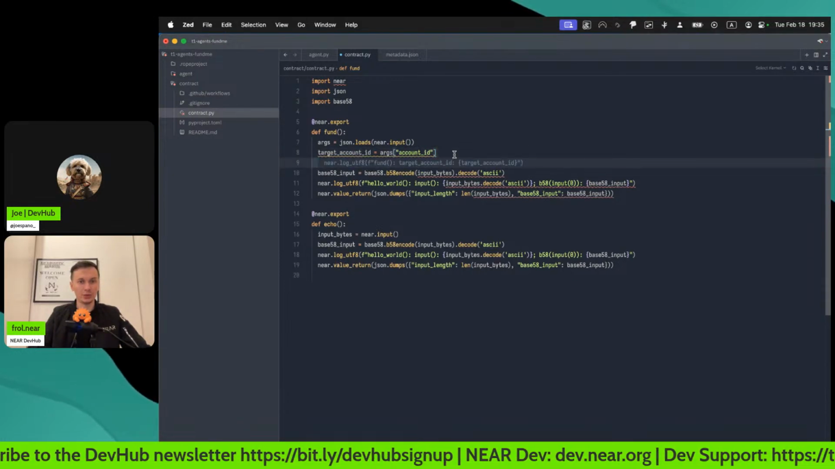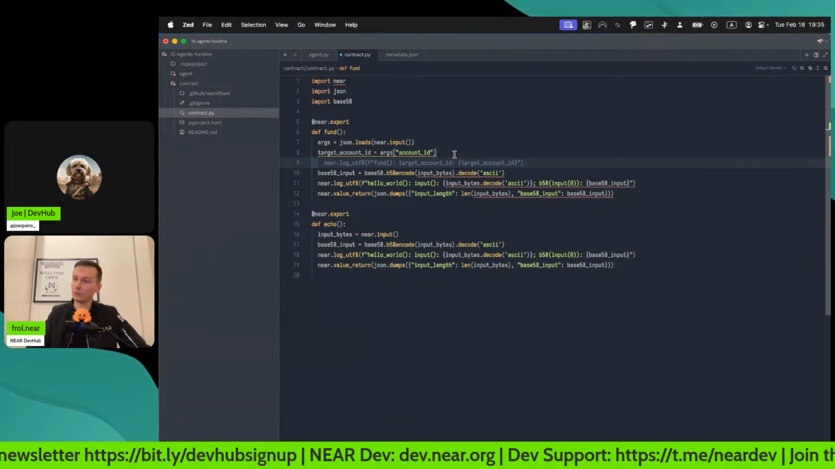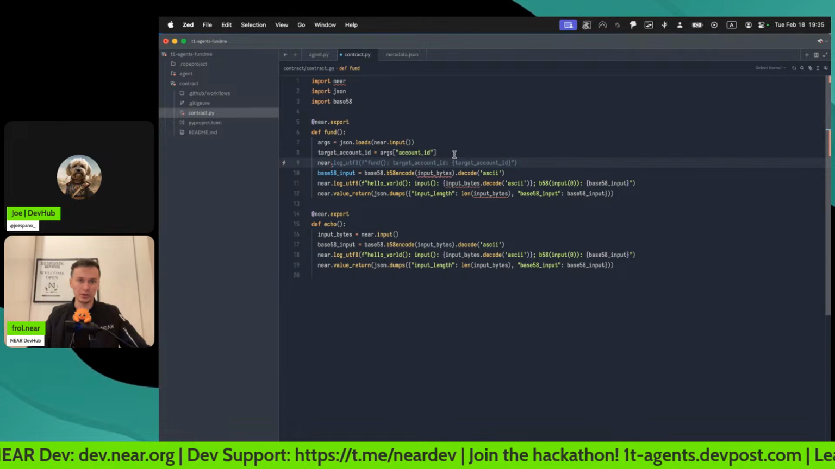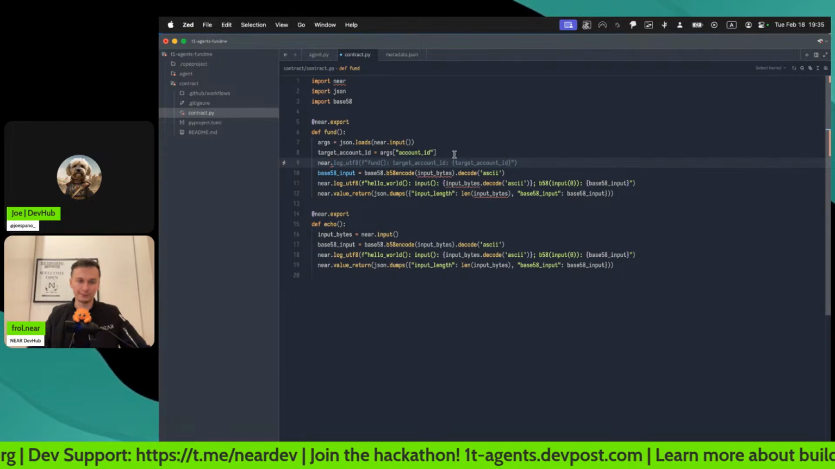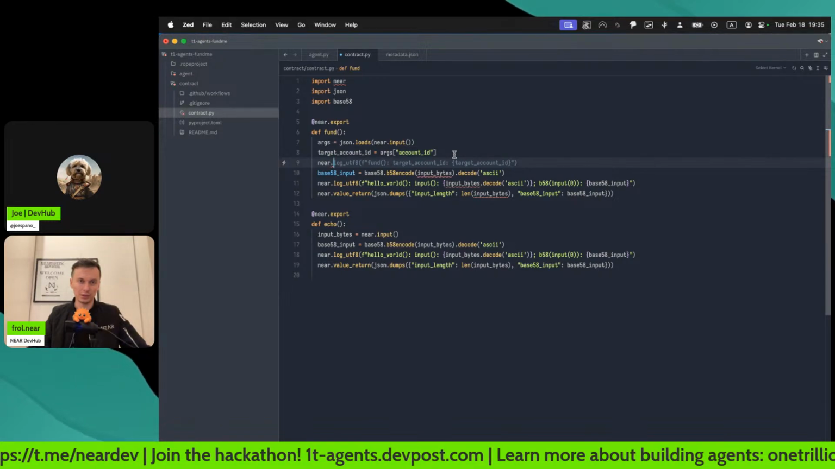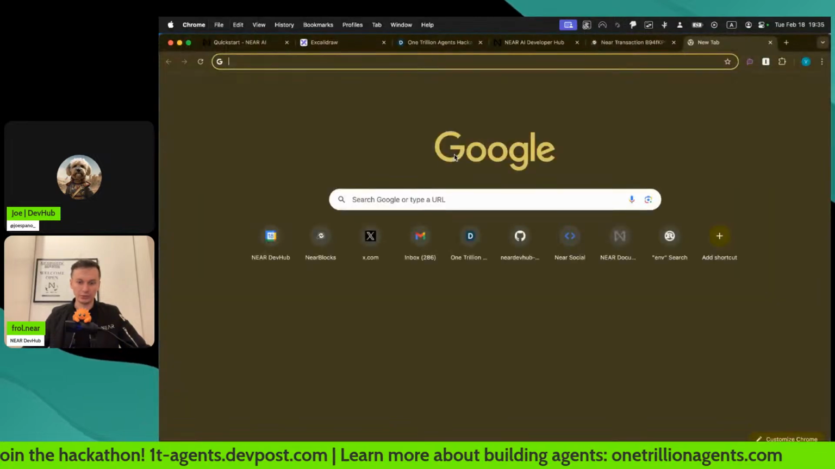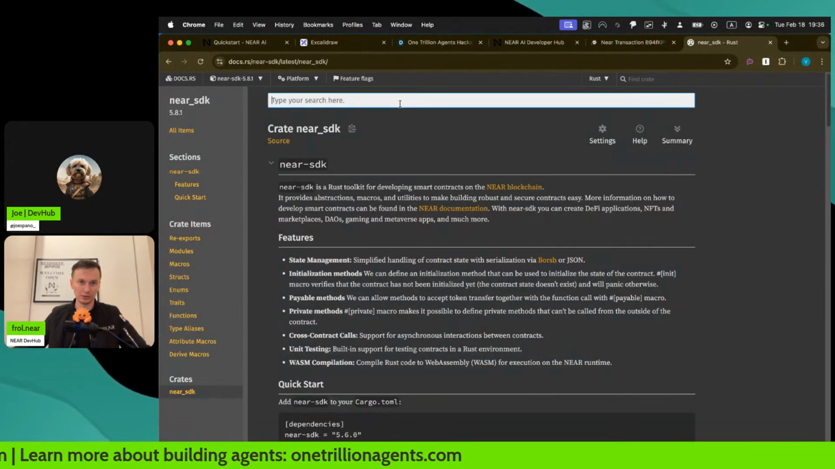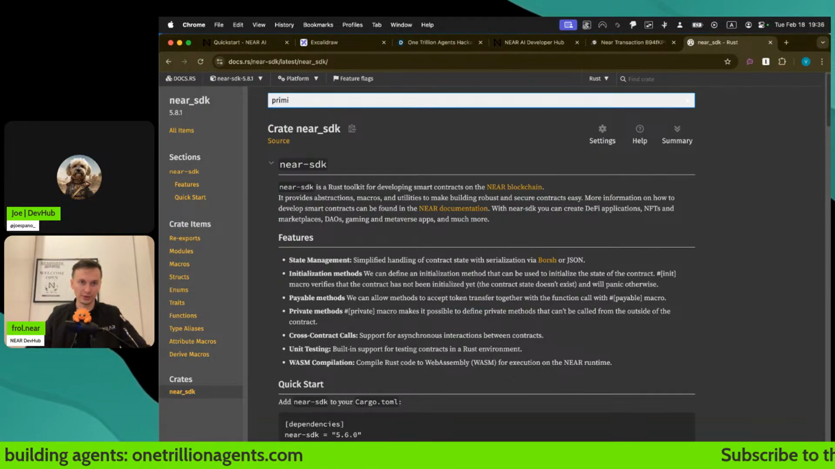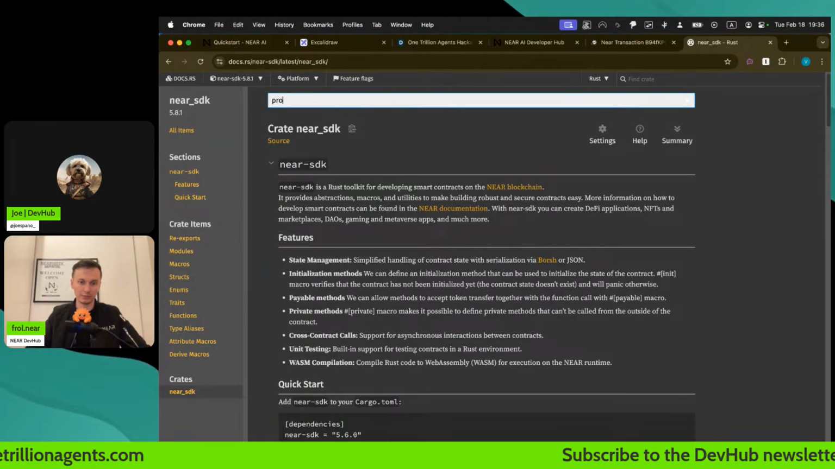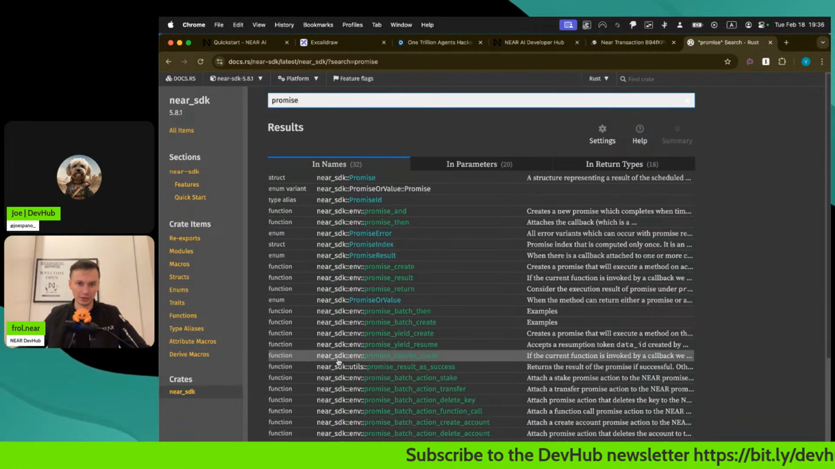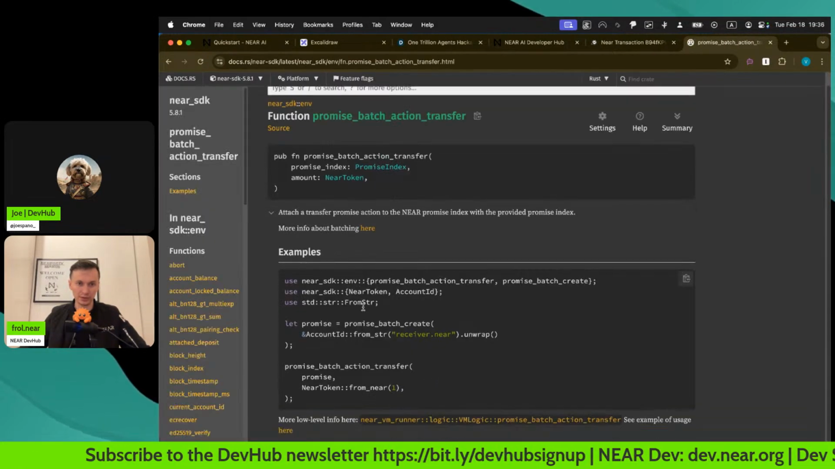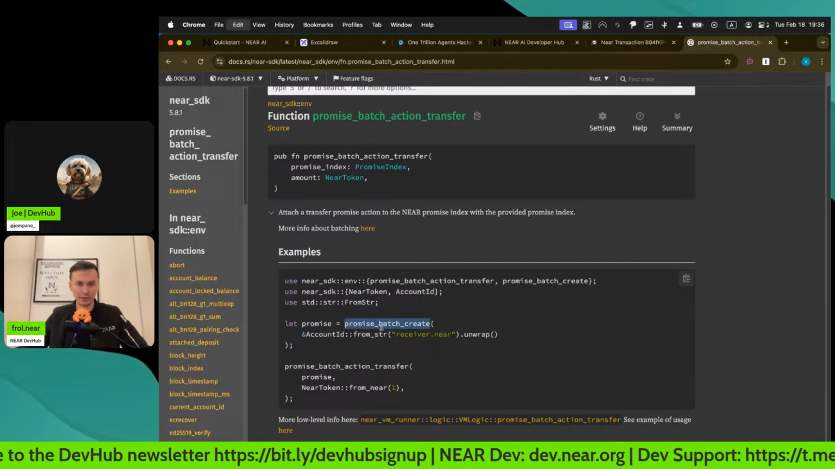And what we want to do is, when we know the target account ID, we do near dot... I need to know the low-level API for promise batch transfer. That's what I need. So promise batch create